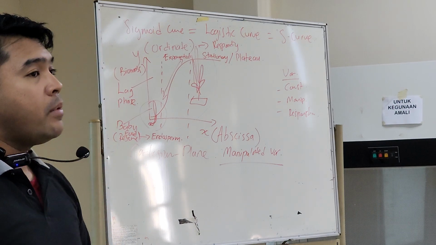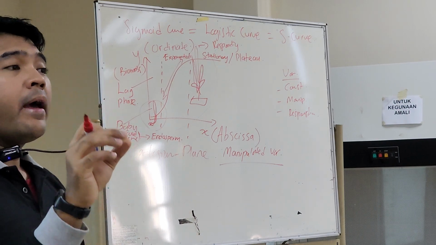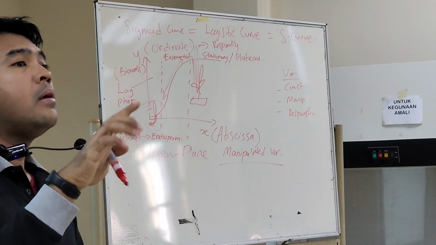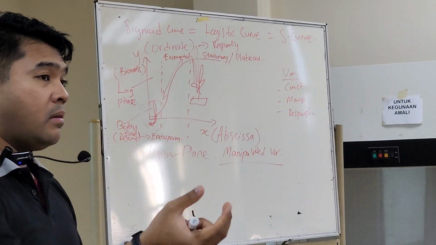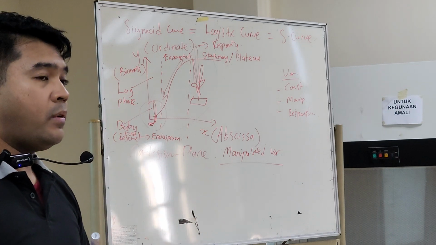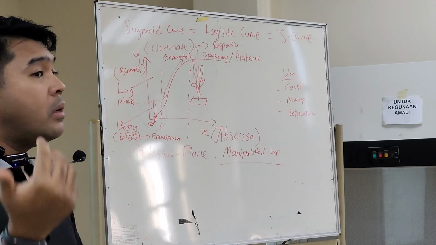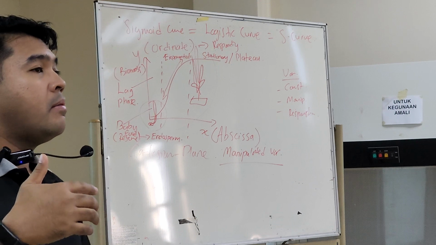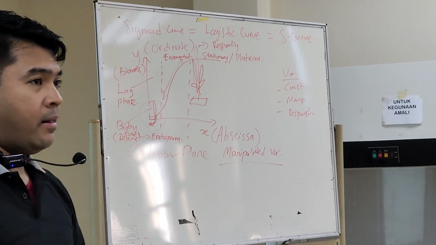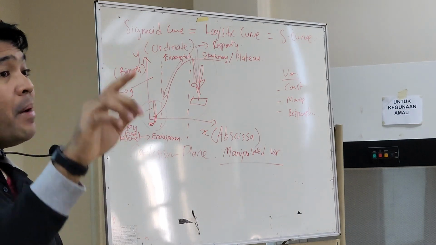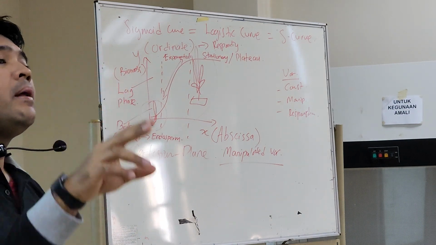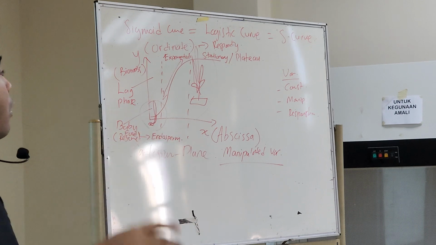Because if you remember from your botany, the growth habits of the plant can be categorized based on the seasonal activity of the plant. It can be annual. What else can it be? Perennial, biennial. Okay, so whether the plant is annual, biennial, or perennial, that depends on the genetic capacity of this